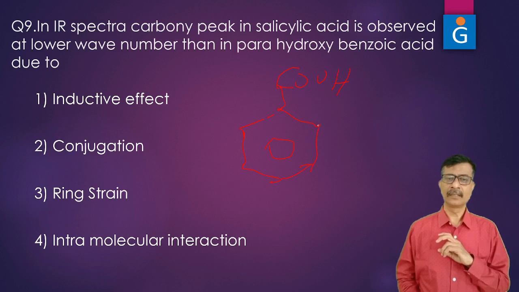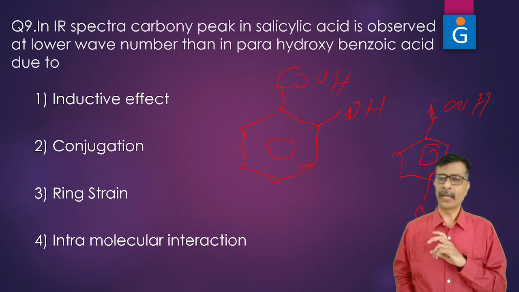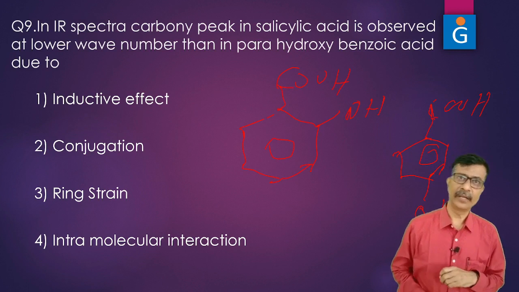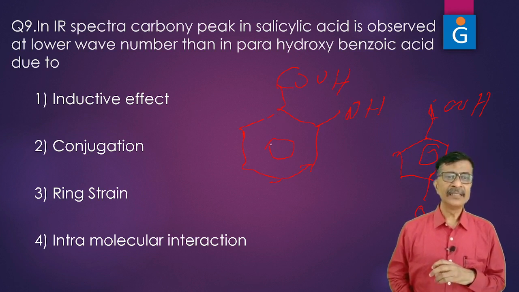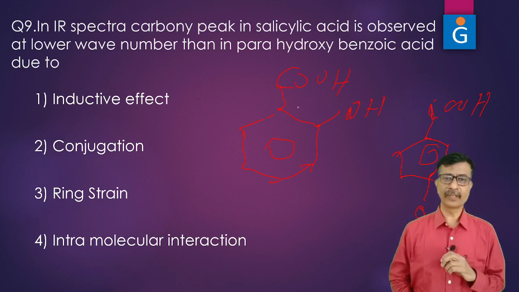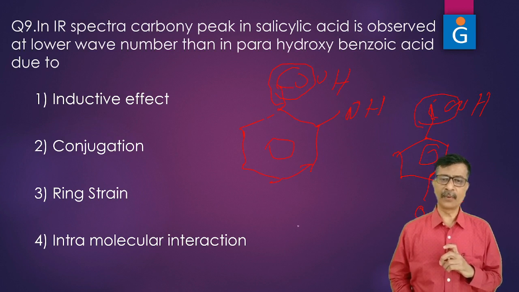This is your salicylic acid, and look at the structure of this. This is your para-hydroxybenzoic acid. Now here the IR peak for a carbonyl group. So carbonyl group is, this is C double bond O here. Here this is C double bond O, this carbonyl